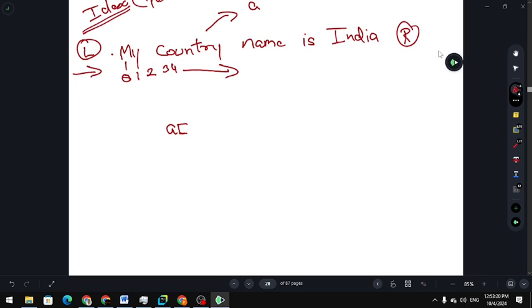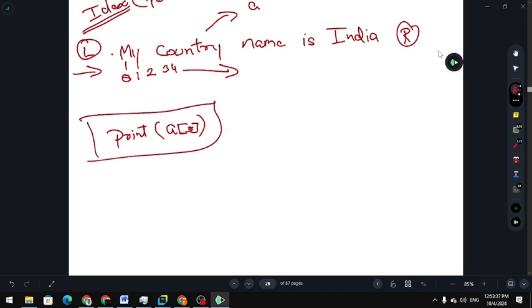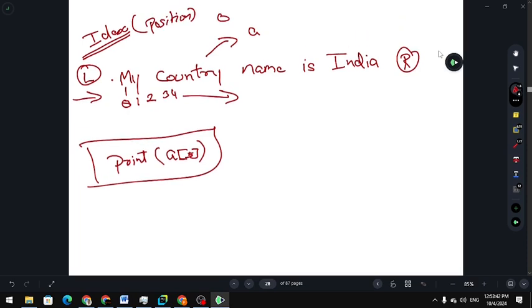We are going to extract u, so it will be 5. Don't worry, I will show it in PyCharm as well. And let's say we are printing this character. So in this manner, we can extract a character with the help of index.